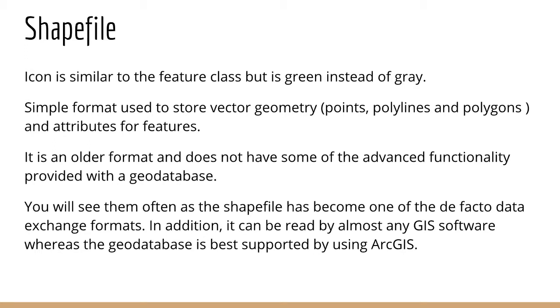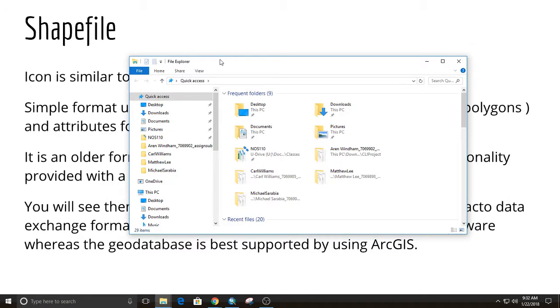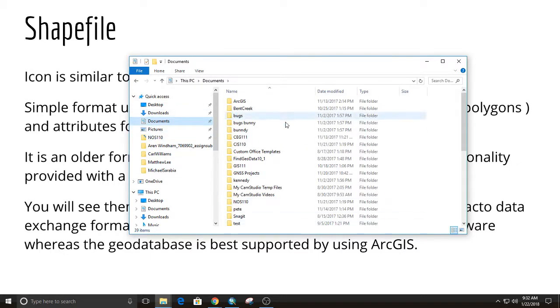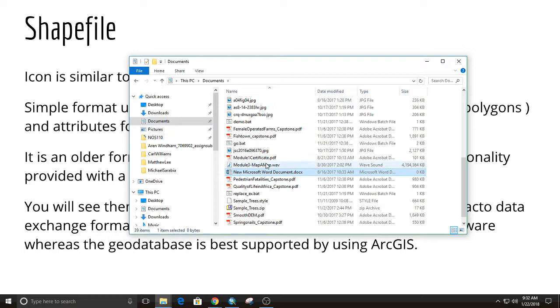When you're working with GIS data, these data formats, your operating system is not going to recognize and understand them. What do I mean, recognize and understand? You know how when you look at a Word document in your File Explorer, your operating system has a File Explorer. You probably spend a lot of time using this to manage your files. That's a tool we all use when we work with the computer. And your File Explorer recognizes things like Word documents. See the little icon beside it? Because of that file extension, your operating system sees the file extension there, and it